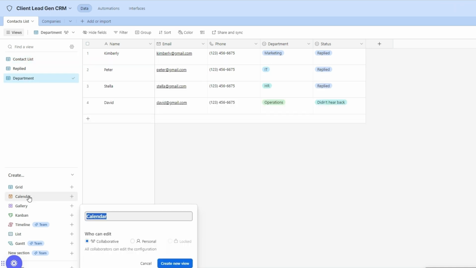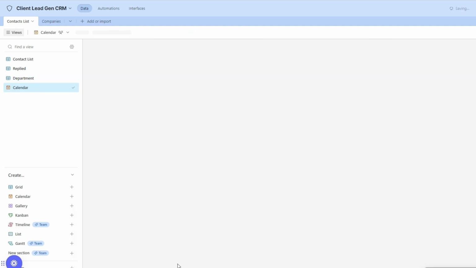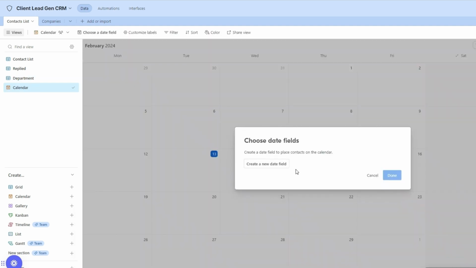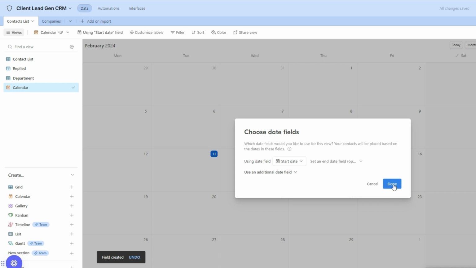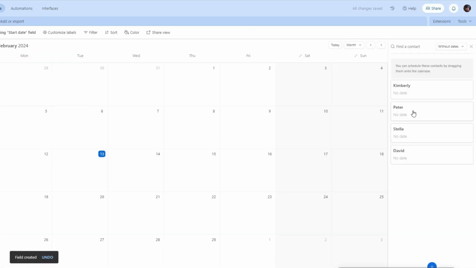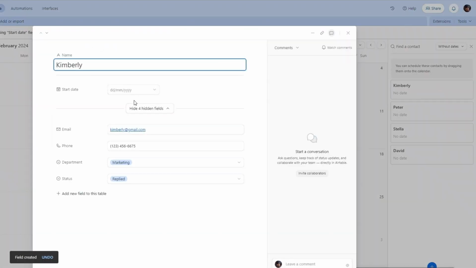You can also create a calendar view right here and then click on create new view. Here you will create a date field to place contacts on the calendar. So to do that, click on create a new date field and then click on create field and then click on done. So over here you can add dates to Kimberly,